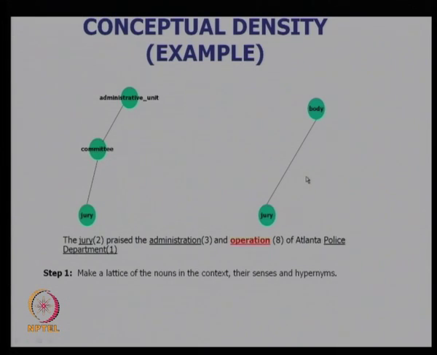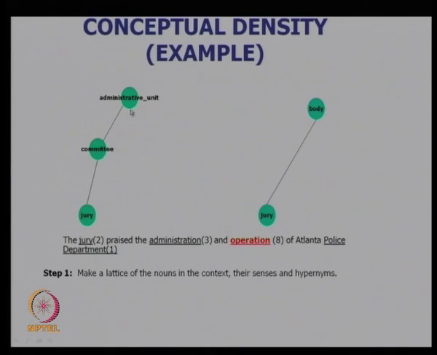So, here is an example. The sentence is, the jury praised the administration and operation of Atlanta Police Department. Here the words to be disambiguated are jury, administration, operation and police department. Jury has 2 senses, administration has 3 senses, operation is very ambiguous, it has 8 senses, and police department has 1 sense. First we make a lattice of the nouns in the context and their senses and